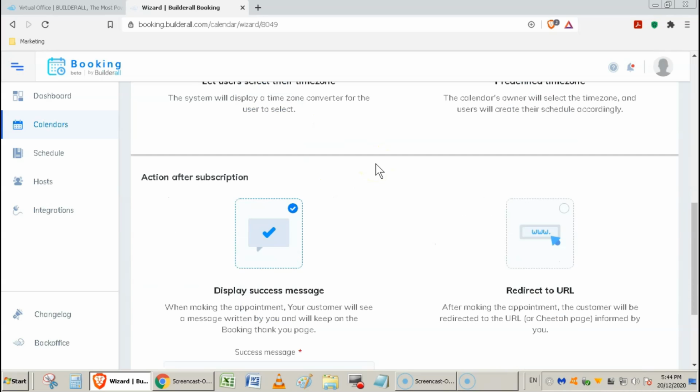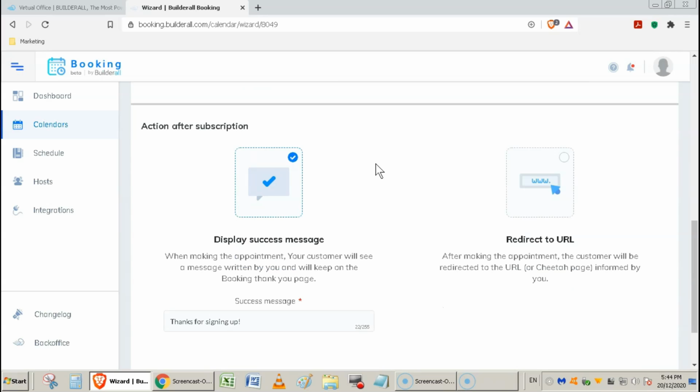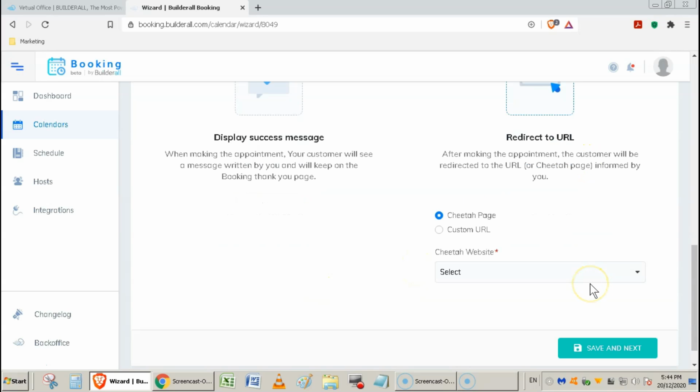So once they've selected the time zone, we have two choices here. We can say, once they've selected the appointment, let's create a display message, a thank you message perhaps, or you get the option where you can redirect them to another URL. So I won't take this option, but if you do choose to have a custom URL, this is where you type in the particular website. Don't forget to type in the https://